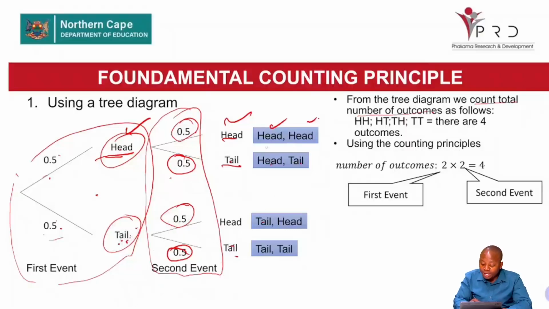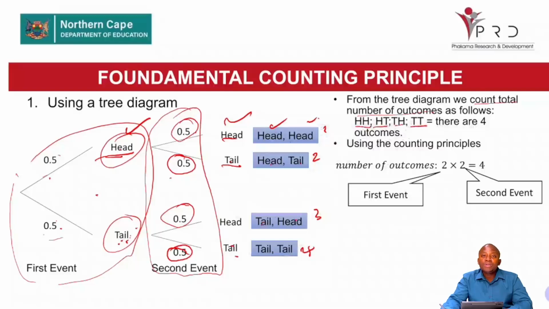So how many ways do we have? It's 1, 2, 3, 4. So we had 4 ways, which are head-head, head-tail, tail-head, and tail-tail. So there are 4 outcomes that are possible in this case. Now, what are we going to do now? Using a tree diagram can be